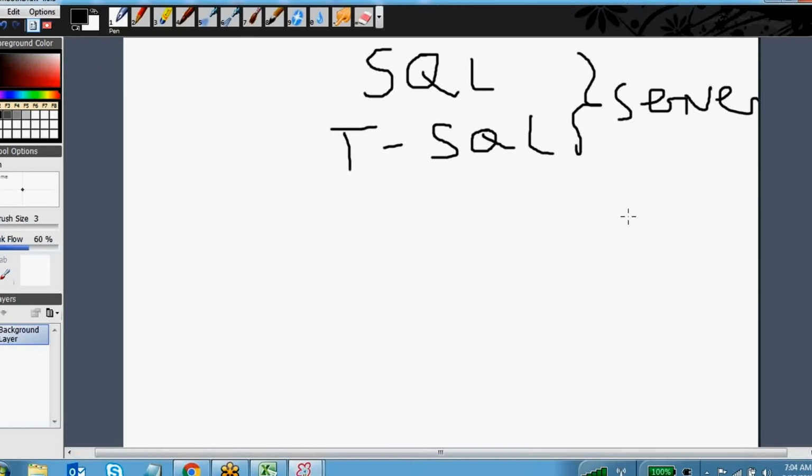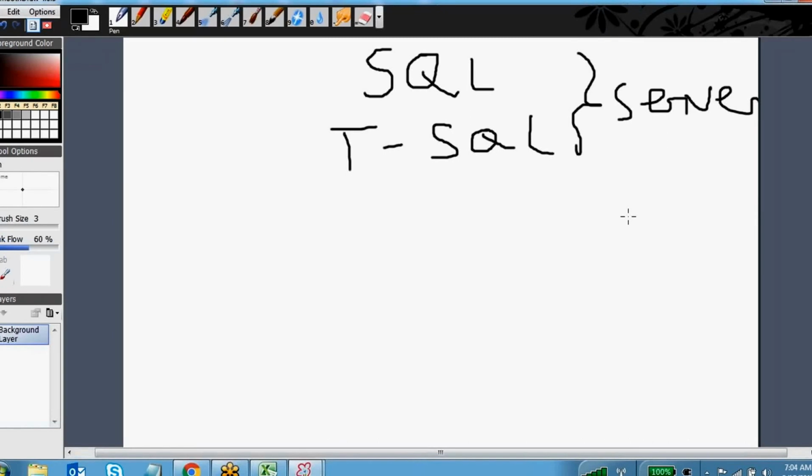Okay, so coming to this SQL Server. The SQL Server is a tool coming from Microsoft Corporation, and this tool was introduced almost in the 1980s.